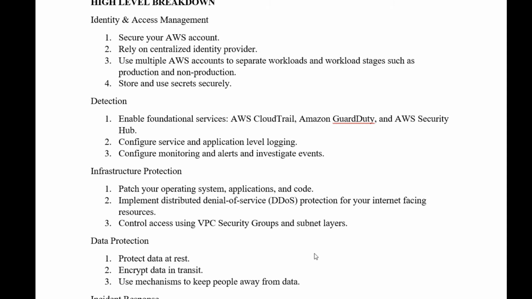And the second one is implement distributed denial of service protection for your internet-facing resources. The things that we use as internet-facing resources, like AWS load balancers, or direct traffic coming to AWS compute instances, or the databases, if we want to have that in public, which is not good.